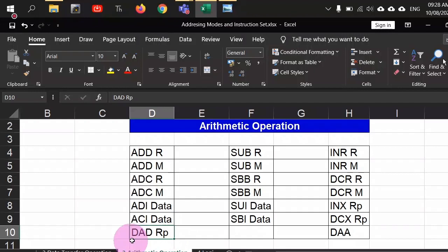that it will be used for your 16-bit calculation, DAD Rp. And what is the default register in case of DAD Rp? Okay, first of all, what is the purpose of the DAD Rp command, and what are some special points about it? Could somebody elaborate? We have discussed this in one laboratory session.